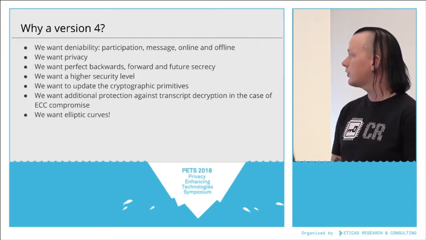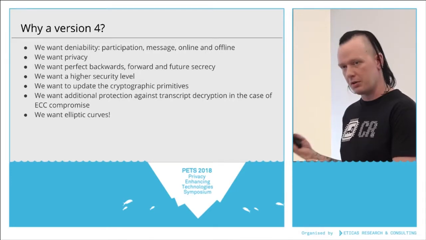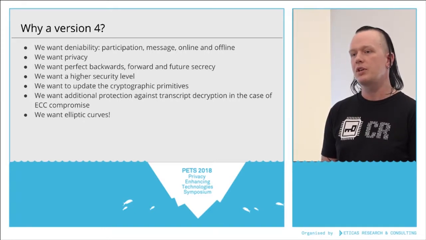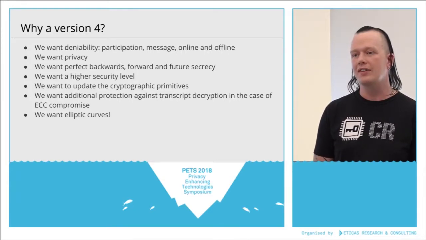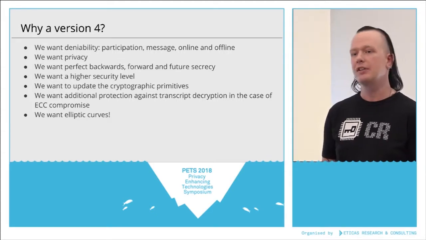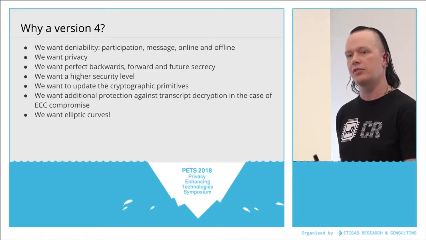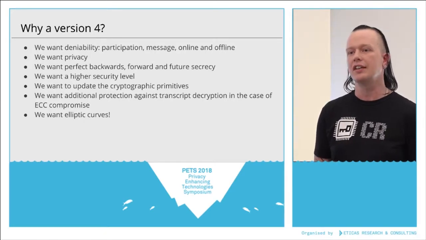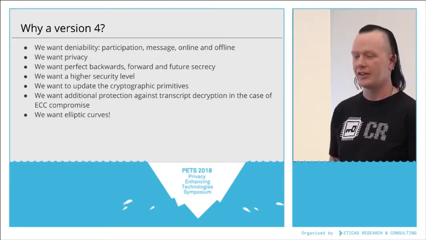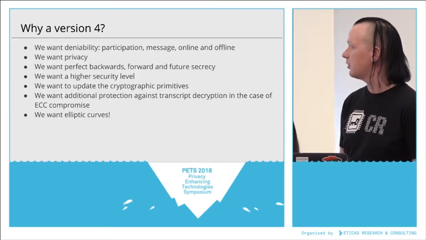And yeah, at the end of it, when we decided that we want elliptic curves, we're going to come back to a few more of the choices in a second, but we also decided that we did want to have some classic Diffie-Hellman built in as well in order to protect against a possibility of quantum computers breaking elliptic curves significantly faster than classic Diffie-Hellman because of the difference in key sizes. And yeah, the final point here is we want elliptic curves. Because of speed, because of security levels, and all these different features.